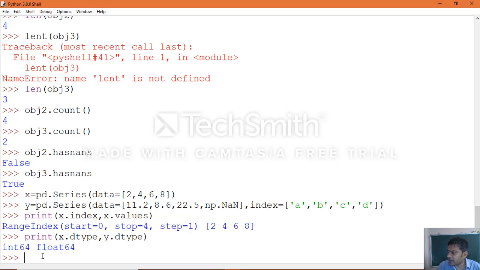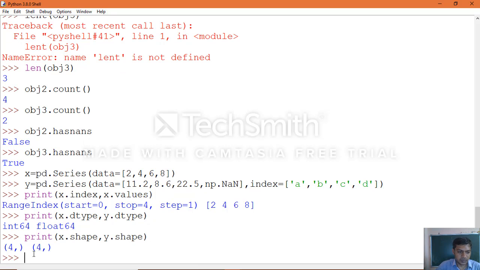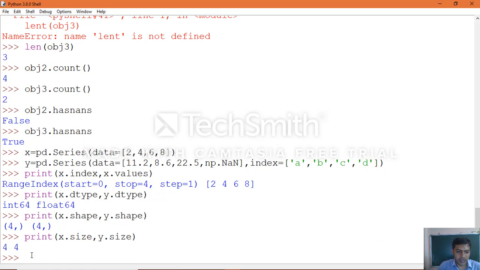Then print x dot shape comma y dot shape. Both are holding 4 elements. Similarly print x dot size comma y dot size. Each object is holding 4 elements, that's why 4.